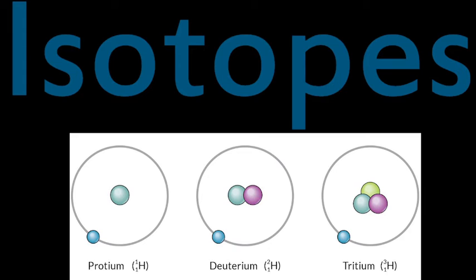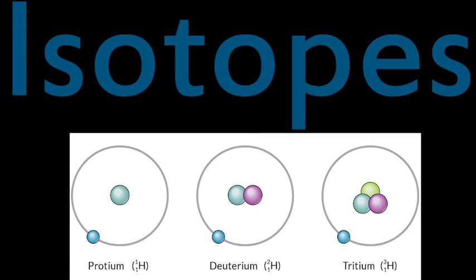A variation in the number of neutrons does not affect the charge of the nucleus, as neutrons are neutral. However, the atomic mass of each isotope will be different. Some examples are given below. Carbon has 3 isotopes: carbon 12, carbon 13 and carbon 14. The number following the name indicates the mass number of the isotope. Carbon 12 is more abundant in nature.